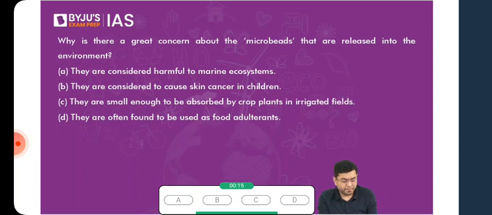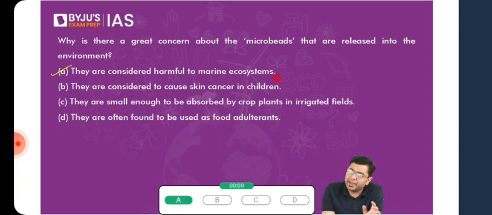So basically, here you will find that they are considered to be harmful to marine ecosystems. Microbeads are what you get in the case of marine pollution, when plastics get degraded and significantly disintegrated, that is, reduced into small microbeads. They are consumed by marine organisms. Oftentimes they get into the respiratory tracts of these marine organisms as well, and they cause a significant amount of issues.